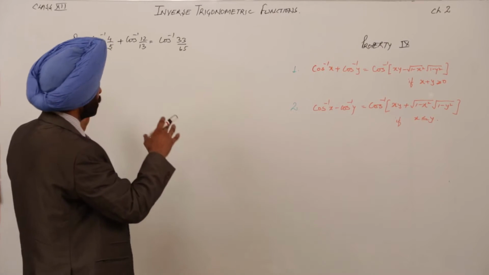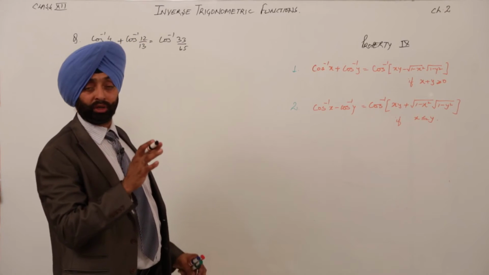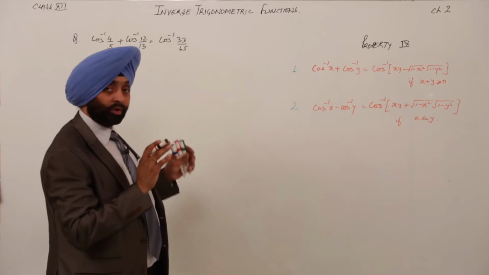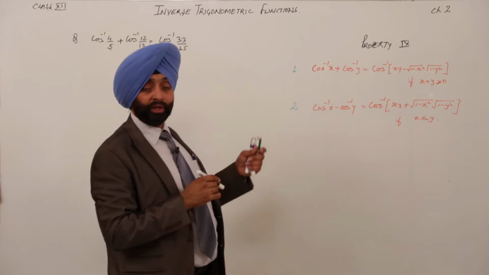So, this property is the easiest property among all the properties. We have to do nothing without calculation, without learning the formulas, everything we can do in a very simple way. In what we did in the last property,